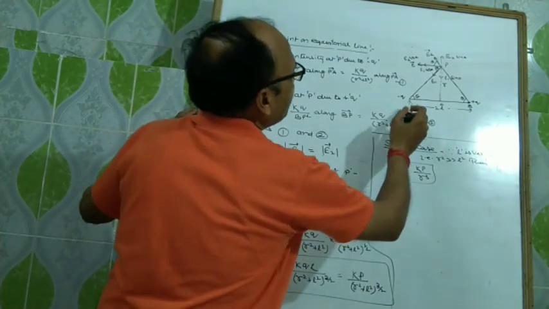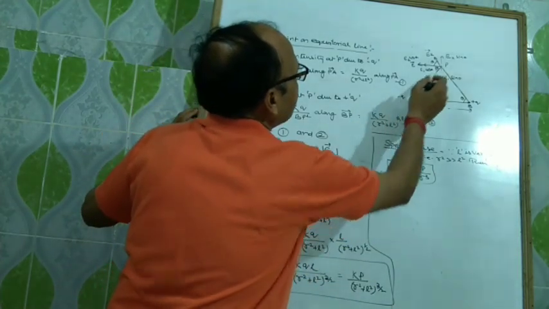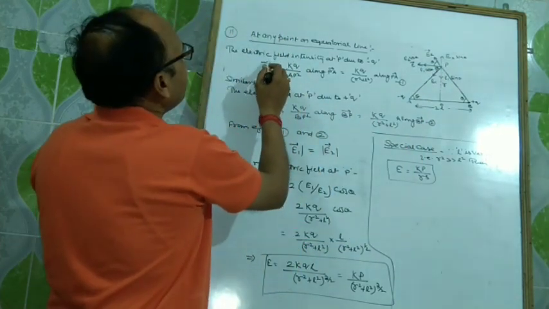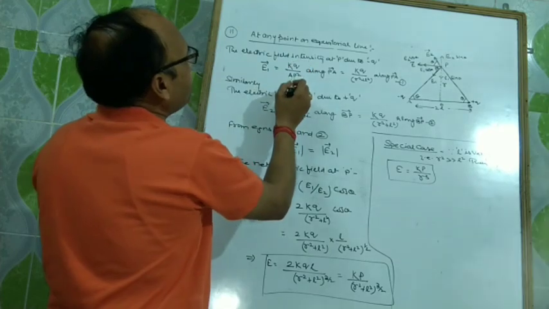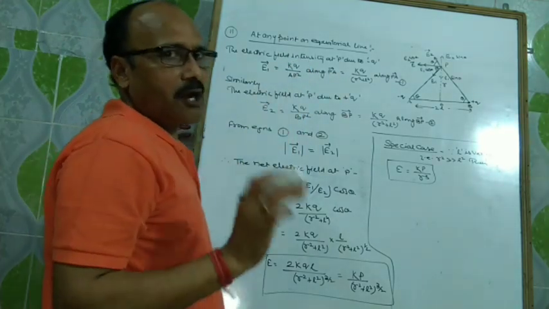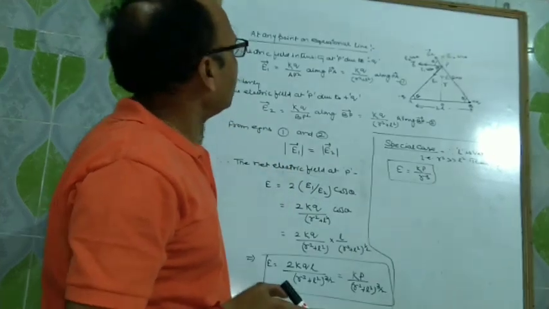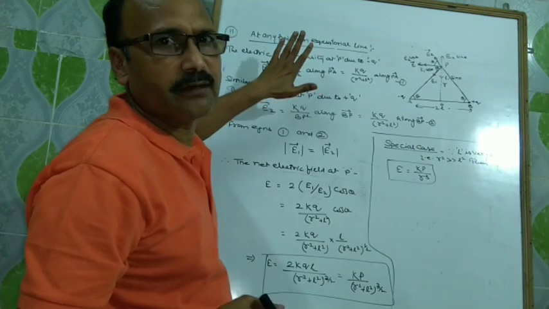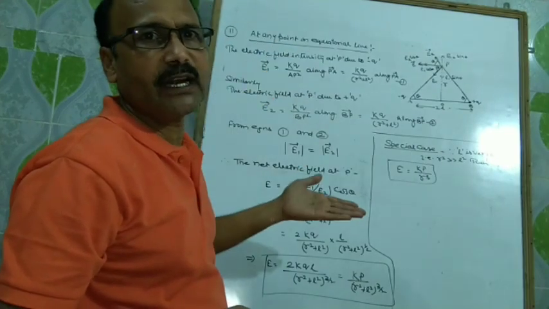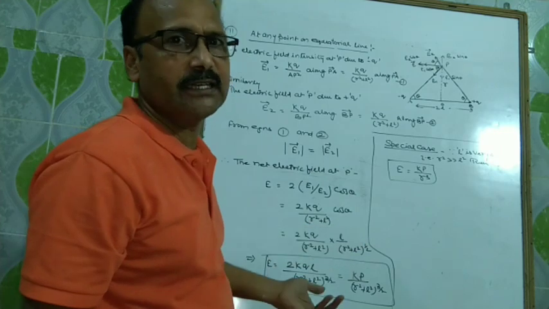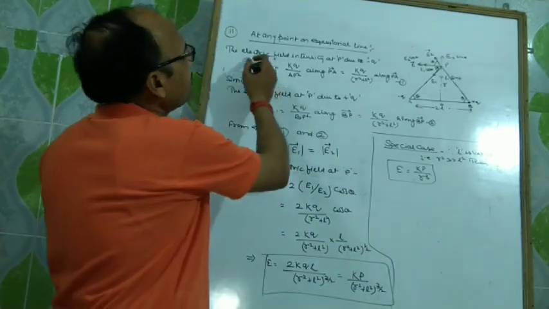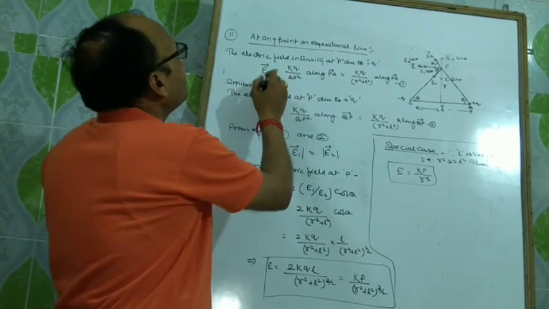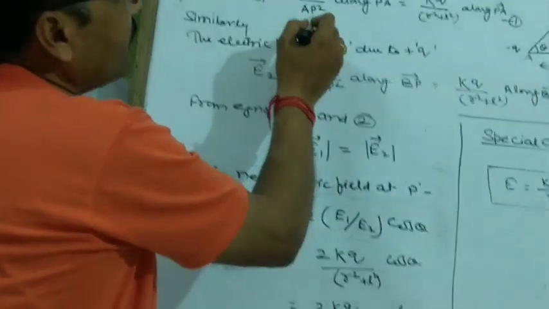So first of all we have to find out the electric field intensity at P due to minus Q charge. This electric field intensity E1 will be equal to KQ upon AP square along PA. Now here you have to keep in mind electric field and electric field intensity play the same role, because the measurement of electric field at that point is known as intensity. So there is no problem, you can write electric field or electric field intensity. E1 will be equal to KQ upon AP square.